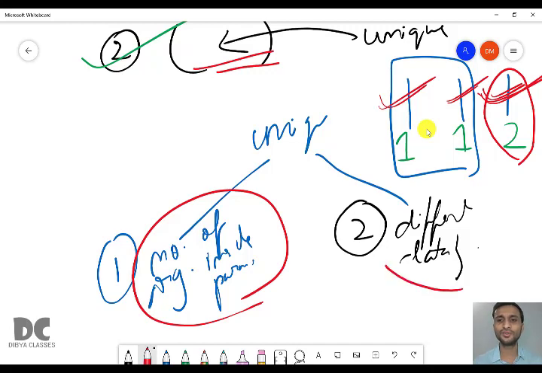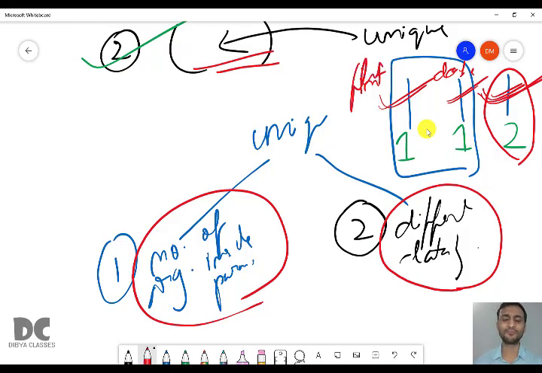So what do you have to do? You have to change the data type. For example, for the circle you will take int, and for the square you will take double, or vice versa. Or for one you will take float and for the other double. You can change it in any way, but it should not be the same. So either you have to change the number of arguments inside a parameter, or you have to change the data type. So there are two ways to make the parameter unique.